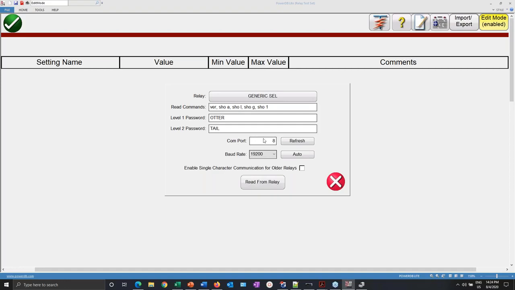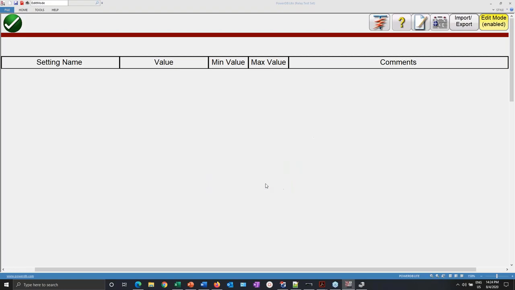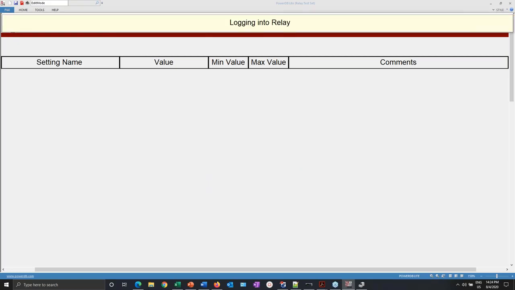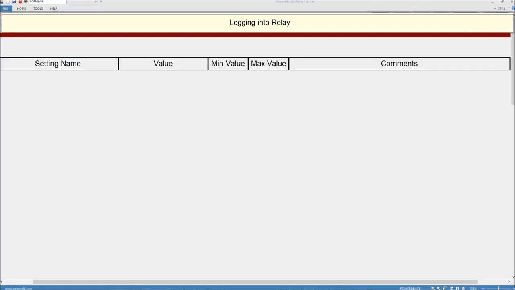So what I'm going to do is simply select the COM port, the baud rate that I have on the port on the relay, and read from the relay. Now the software is logging into the relay. This is going to take a minute or so. What it's doing is reading the settings corresponding to the commands that you saw there on the screen. It's putting them in an intermediate file, and then it's going to bring them all